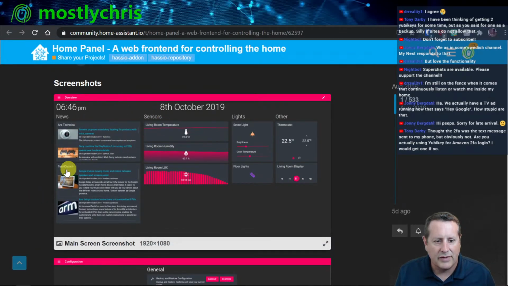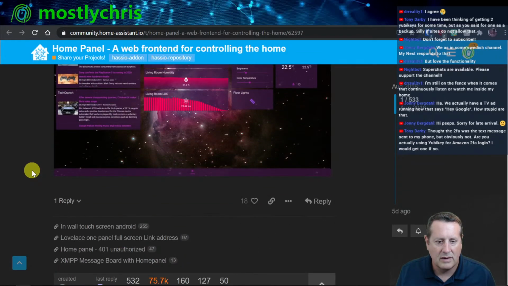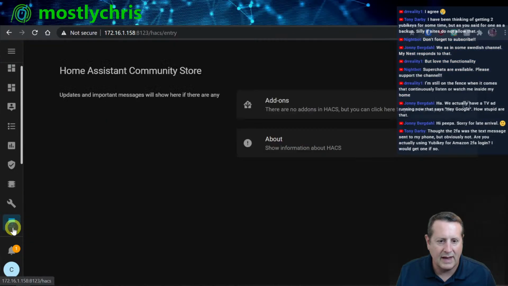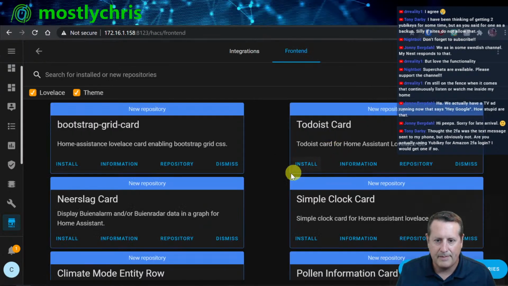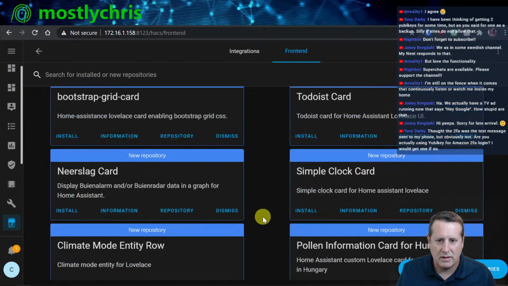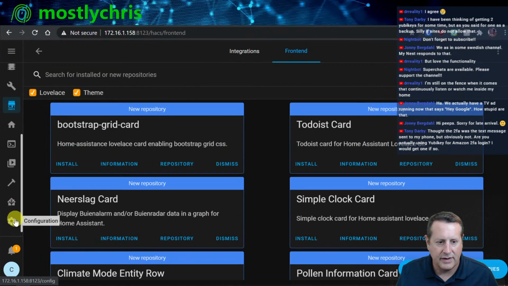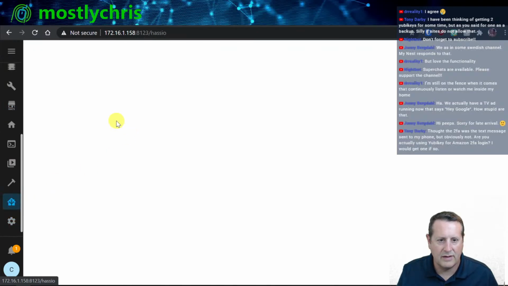But this thing I was trying to mess with, because I thought, let's just try another way to build a panel. So I went in here and I installed it on this device here, and I think I mentioned this earlier. I went to HACS. I went to its front end because it's a display type item. I searched for it. Oh, maybe it's integration. No, I'm sorry, I'm wrong. Totally wrong. I told you it was in an add-on. It is an add-on. So if I go to Supervisor Add-ons,